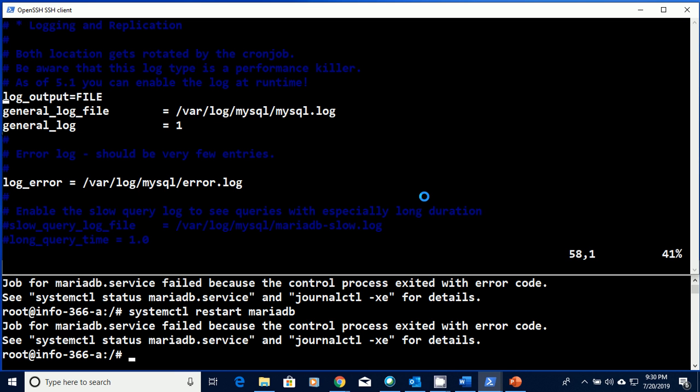That's going to tell us how we want to do the log output. In this case, we're going to tell it to use a file for the log output. The other option is table, which we're going to look at as well. I'll show you both options, but let's start with the file option. So with file running,